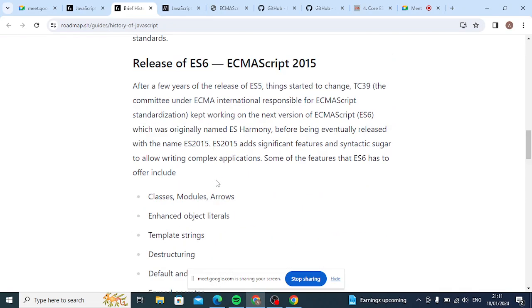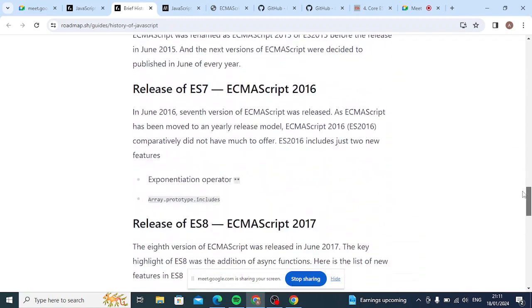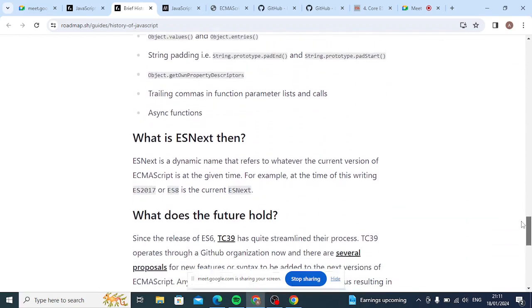Now what they decided after 2015 is that there will be one new version every year. That is the versioning followed today.